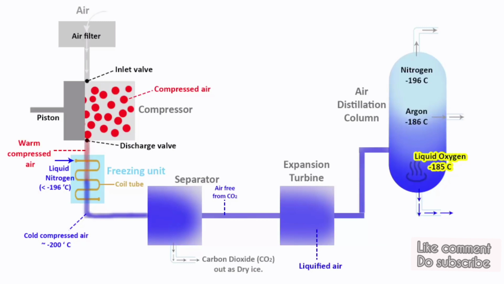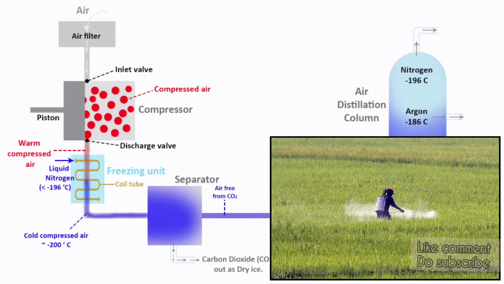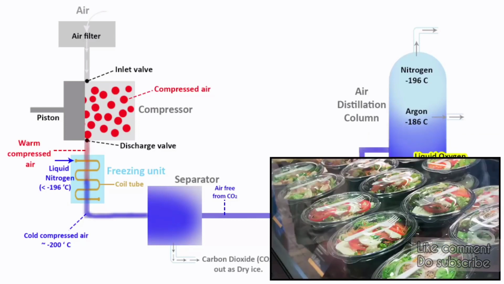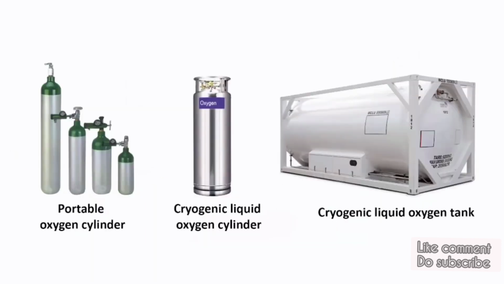Argon gas is sold for industrial use, particularly in the iron and steel industry, for welding and casting. Nitrogen gas is used to make fertilizers and in food packaging industries. So basically from this entire process, in the end you will get liquid oxygen. Liquid oxygen is then transported by filling it into special containers such as aluminum cylinders. If it is required in larger quantities, then cryogenic containers are used.